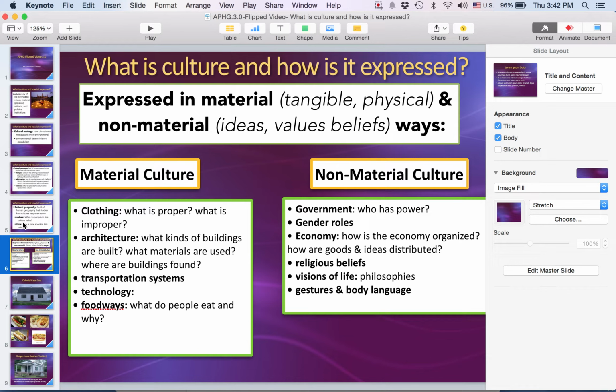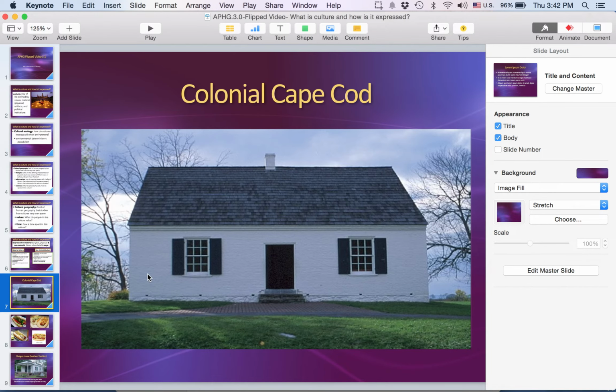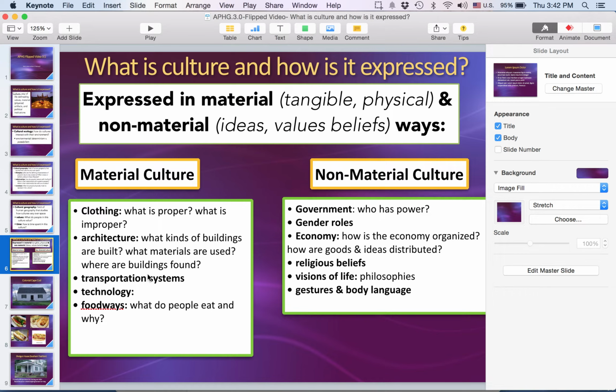So if you look at buildings, for example, in the Southwest United States, and compare that to the Cape Cod style houses like you see here, right? This specific type of architecture is a reflection of culture, of the groups of people who came, and the resources they have available at that time. Where are those buildings found? Are they found in close proximity to one another? Is there, for example, in Islamic regions in the Middle East, a mosque that will be the center point of the entire town? Is the building organized for multiple families? What role does the actual physical architecture play?